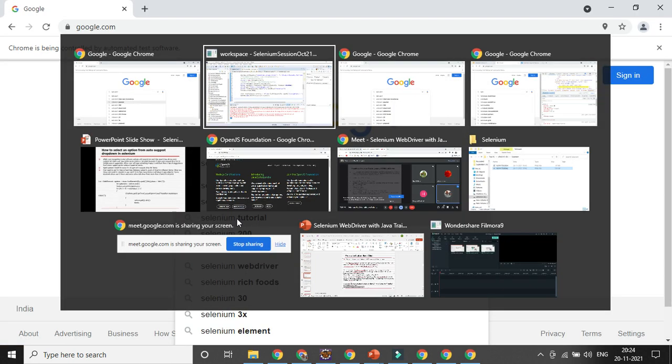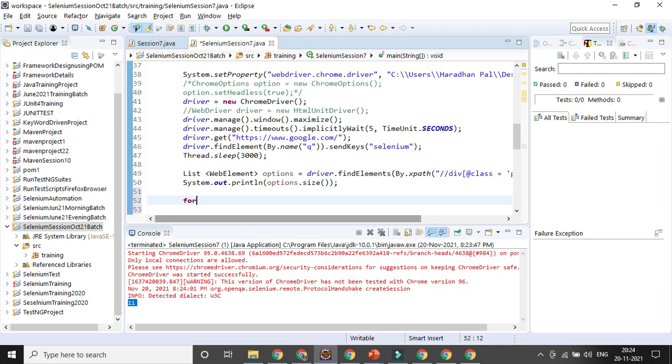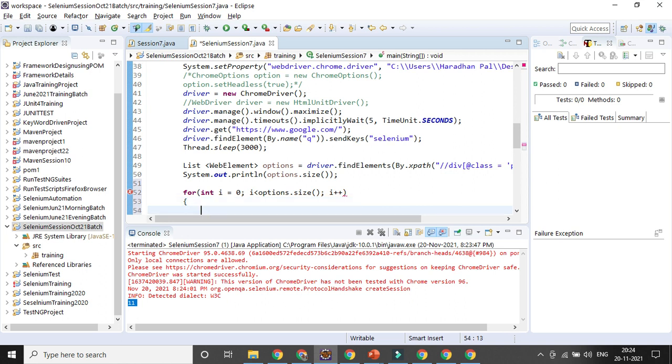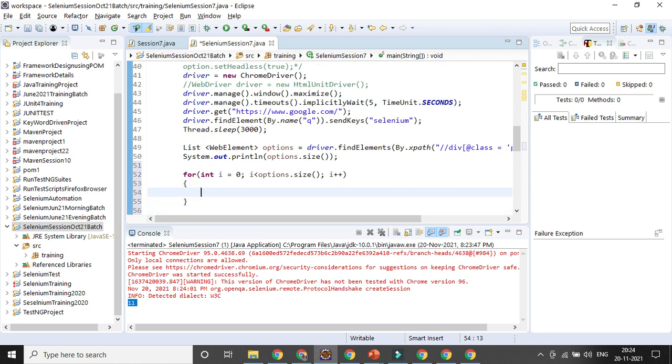So definitely you can go for a for loop here. So for integer i equal to 0, i less than, starting from 0, and it will go till the size. Okay, so it will be i less than size and then i plus plus. And after that I will go for that for loop, and here I will be giving some condition. If